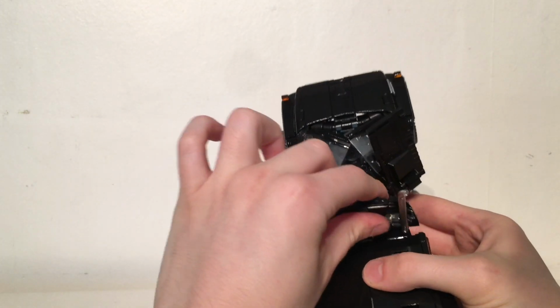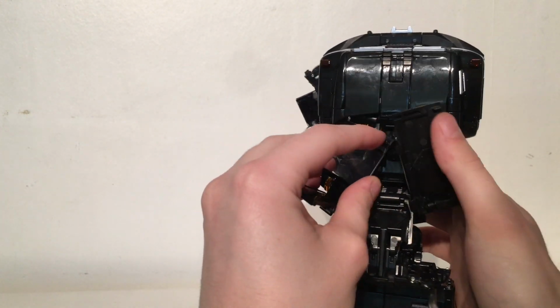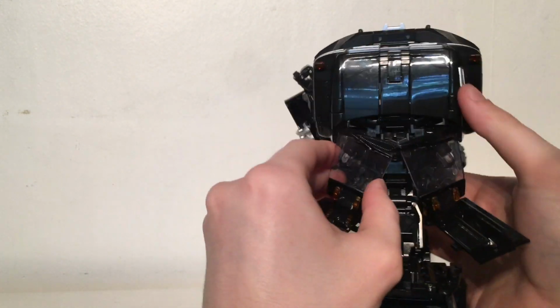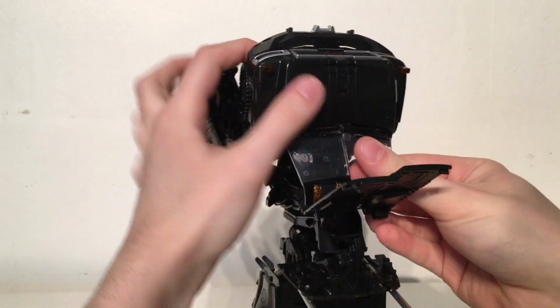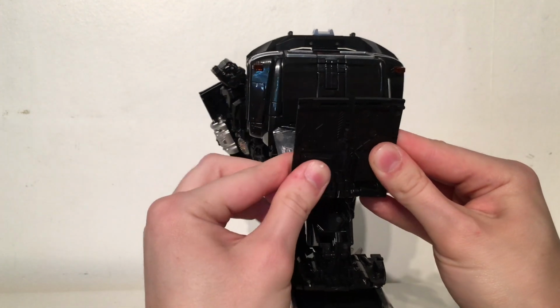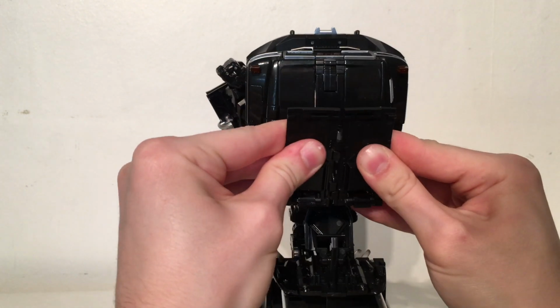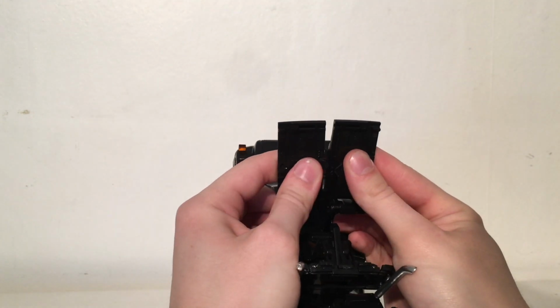And now what we can do is make sure this is recessed back. Just bring these out, and now these will actually tab into this slot here. So just align those, tab those into place. They just softly tab, so will more than likely fall out later on. And then we can proceed to bring these pieces together and clip those pieces together as well on both sides,